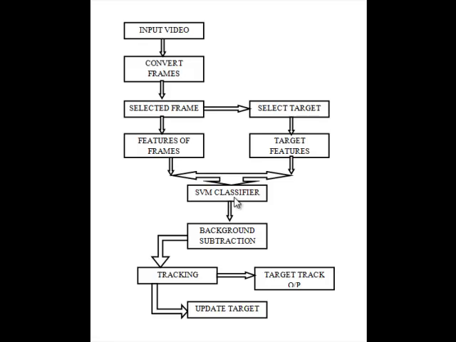Then from the matching feature values, we suppress the background from each and every frame, and finally we track the moving object which was selected as a target. Then the final target result is given. The feature values for each and every frame are updated in step with the frame increments. Thus we track the selected image by using the likelihood